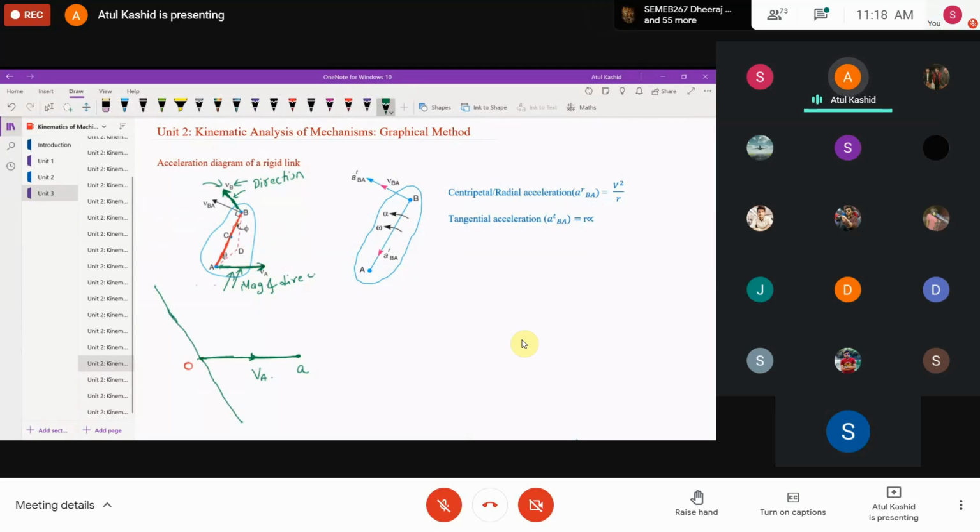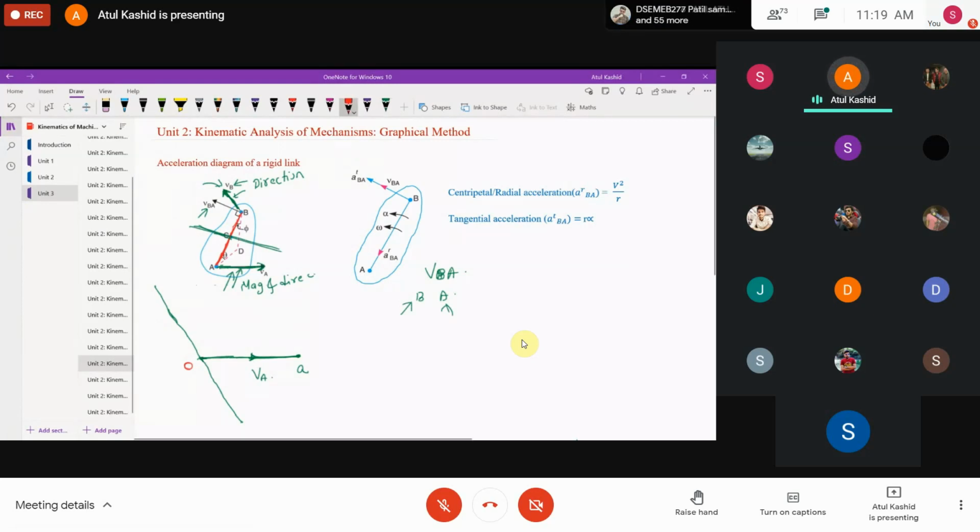Now I have drawn the velocity A, then I have drawn the direction for the velocity B. What is remaining is the relative velocity of B with respect to A. Now we'll use one of our tricks. When I write velocity of B with respect to A, I have two points, B and A, and we have to start drawing the vector from the point which is available in the velocity diagram. B is not available, but A is available, and the direction of relative velocity will be perpendicular to the link, so we have to draw parallel to this line.